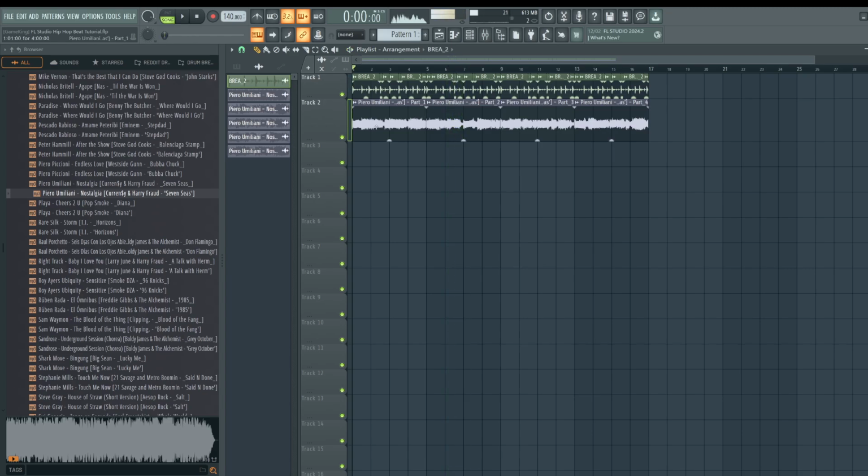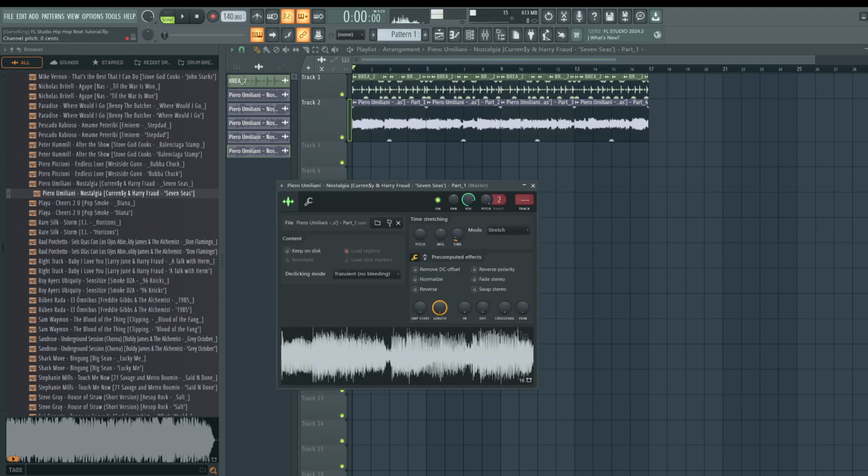Now I'll show you guys how to change up one thing here. Let's say you want to make it different from the original. You can double click on the sample and pitch it down or up with this pitch knob. The value's in the top left of FL Studio. Basically, to move it down 1 key, you pull it down 100 cents. To pull it up a key, you pull it up 100 cents.